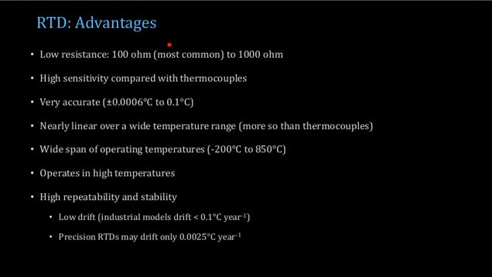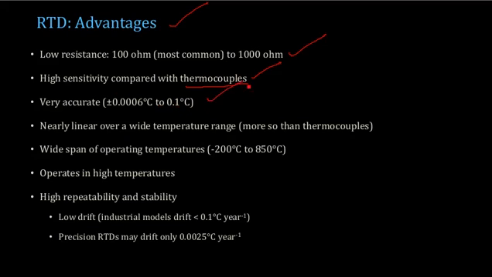So the advantages of RTDs are listed here. It has a low resistance, so that it doesn't affect the resistance of the total circuit to which it is connected. It has high sensitivity compared to thermocouples. We will be looking into thermocouples in a future lecture. Sensitivity in the sense that it has a better response to temperature. When temperature varies, resistance varies in a better manner, so that it is highly sensitive. It is able to measure small variation in temperature